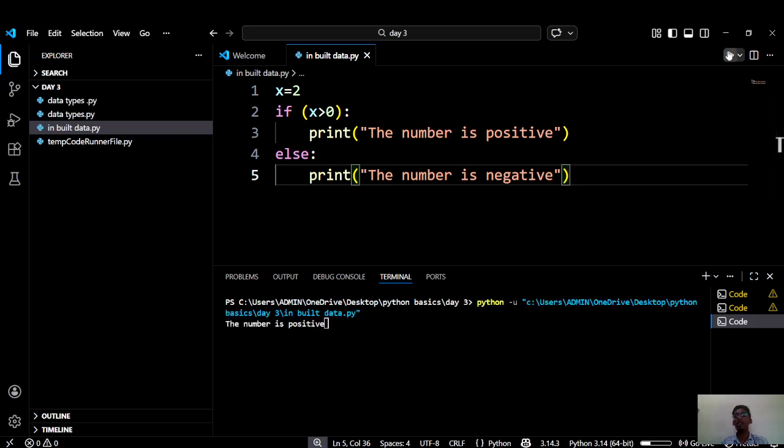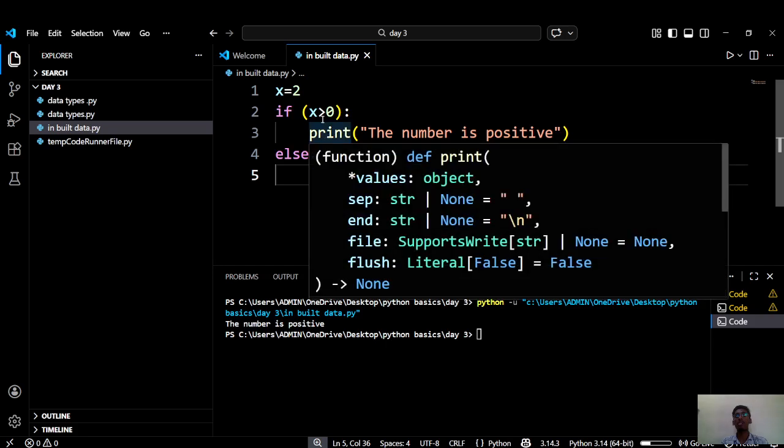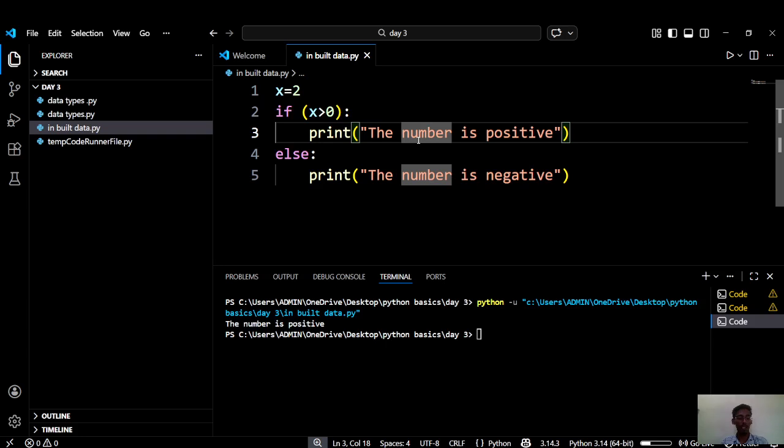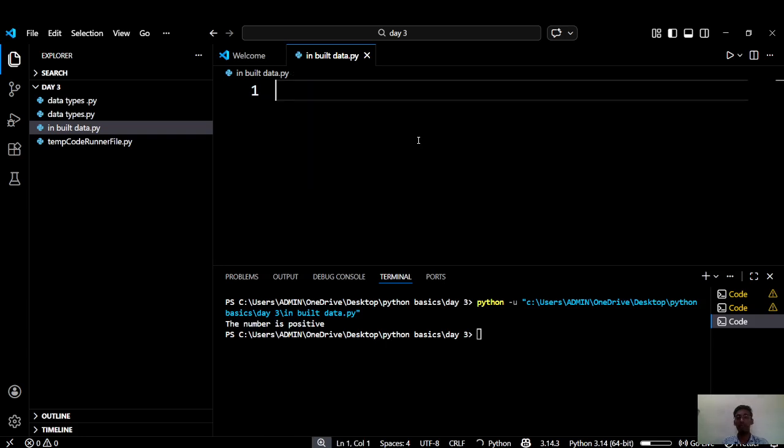Let's run this. Conditional statements are used only for decision making. This number is positive, why? Because 2 is greater than 0, that's why it gives "the number is positive". And next one, see, loop